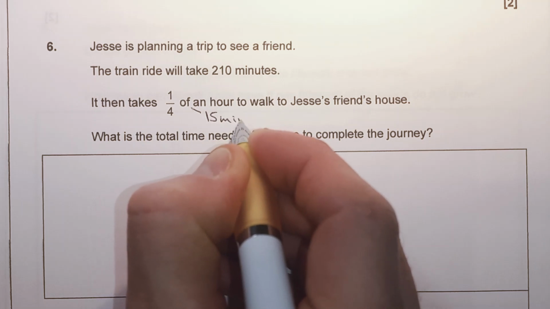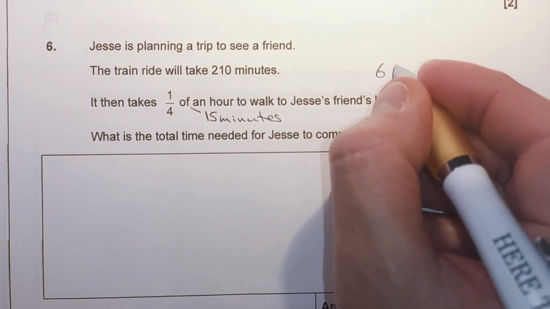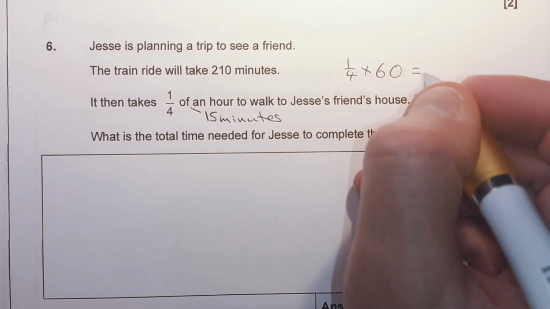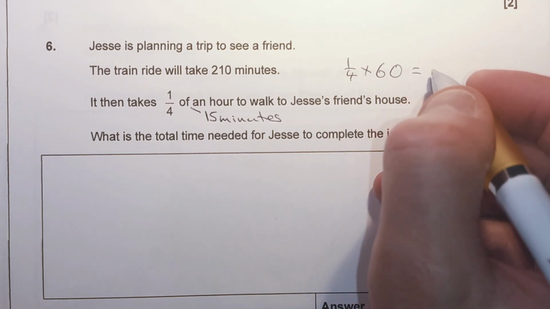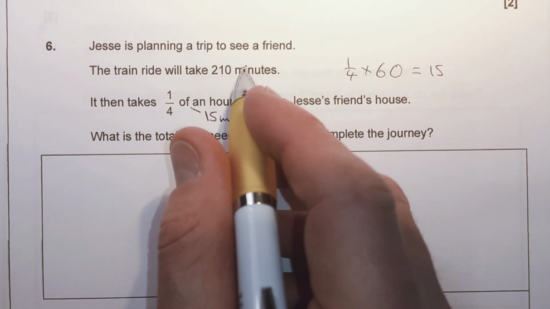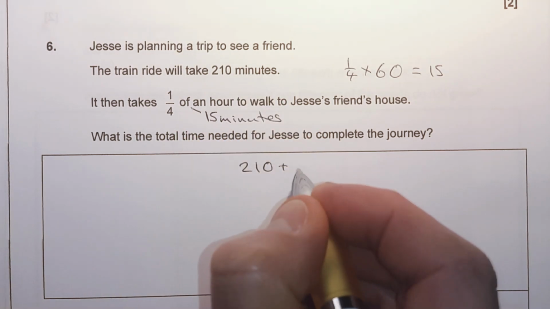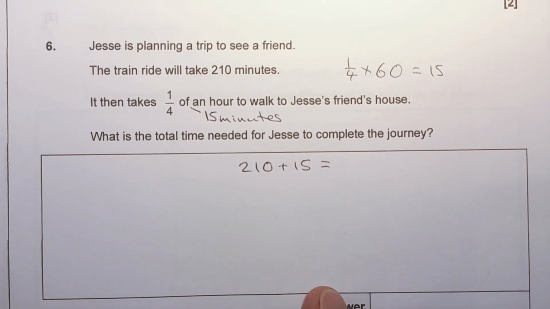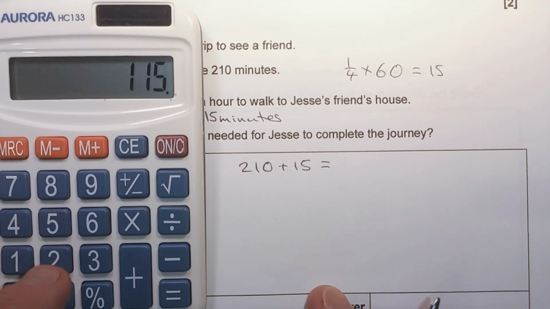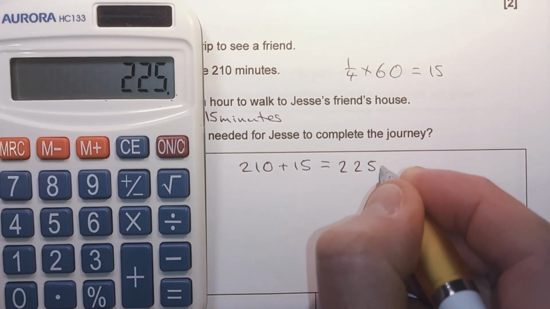is 15 minutes. If you're not sure about that, then you can think, well, there's 60 minutes in an hour, and we just do a quarter of 60, which you can do with your calculator, but it's going to give you the same answer. So if we want the total time, it's going to be the 210 minutes for the train ride, plus the 15-minute walk. Plus 15, which gives us 225